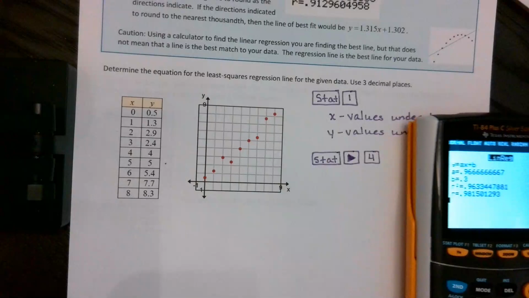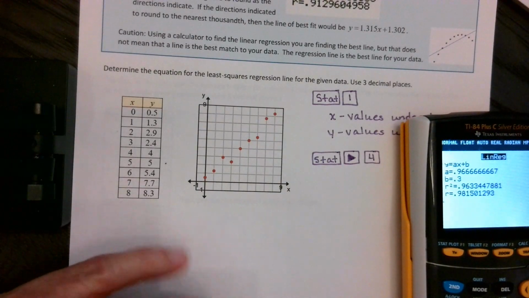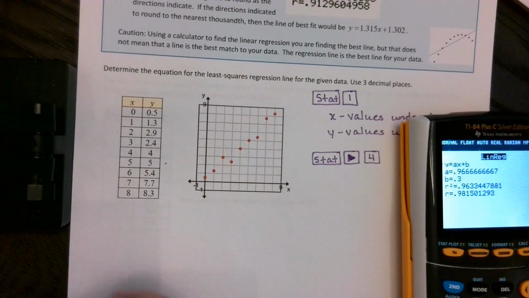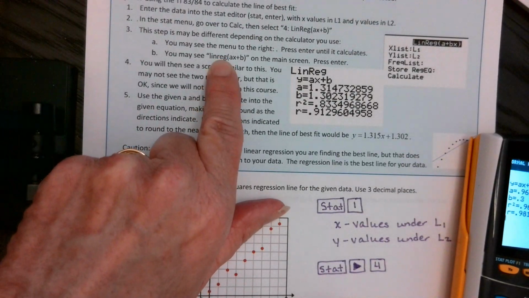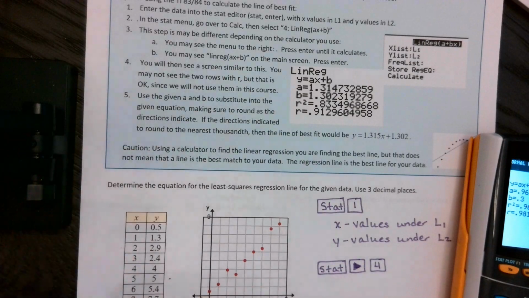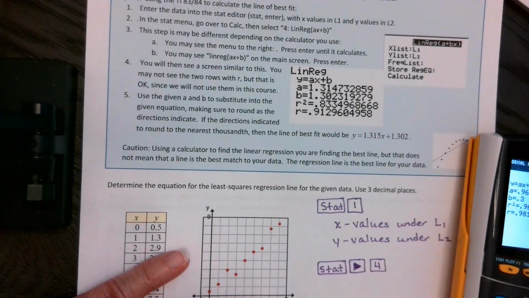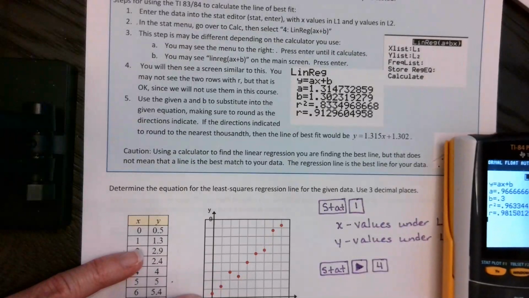Sorry, there's a glare. Now, if yours didn't come up with that, in our directions, you might see this. And then you just press enter. And then it's going to give you this. All right. So either way,